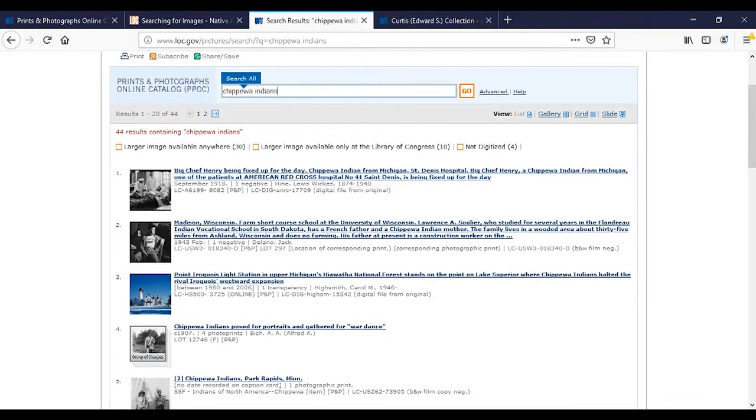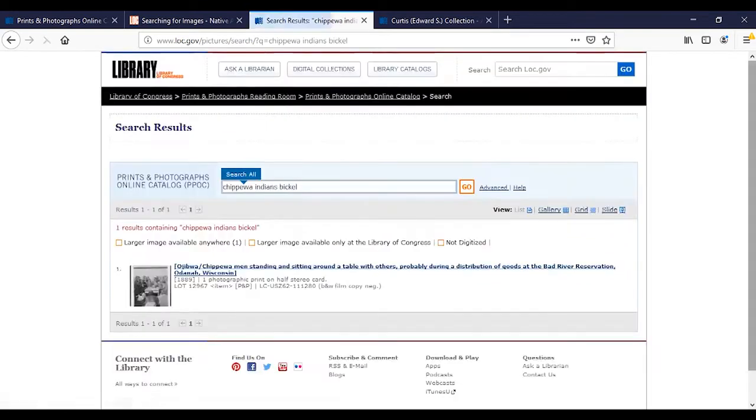And I'm going to add just one more search term to get to one specific image, to come to a specific catalog record, and I'm going to walk you through the online record to talk about some of the description that you might see there. And I would encourage you to look at the entire description. People often miss information because they are not looking at every search field, which is completely understandable, but sometimes there's information there that, if you just take some time to look through the whole thing, might answer some of